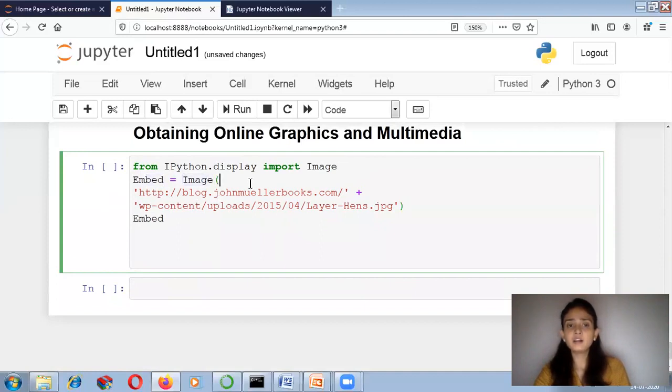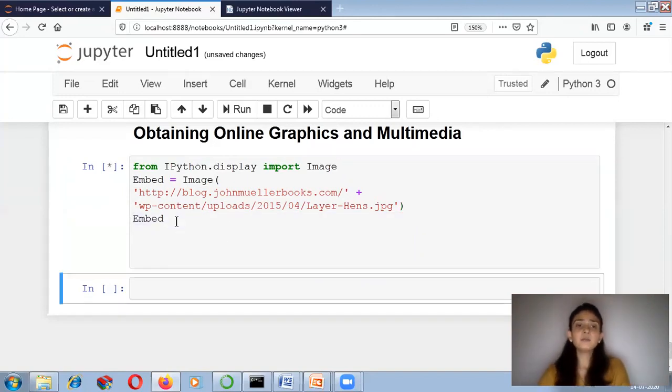This is my Image function, and as an argument I have to pass two values: the website name and the address of the image, that is the folder name uploads, and then my image name, layer-hands.jpg. After the rounded brackets you have to write embed again, and I am running this code.